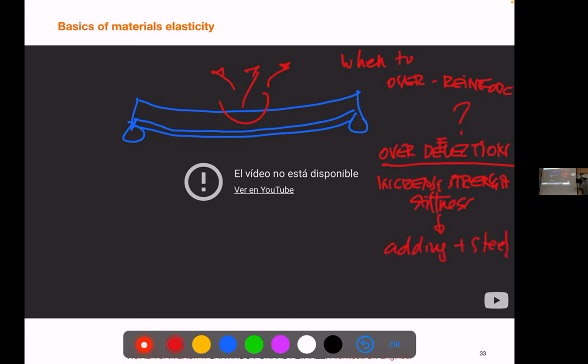If we put more steel than necessary, it will have less tension. It will just stretch less. So in that case, when we over reinforce, we have to balance top and bottom to have this balance, right? And to make sure the steel will work at maybe 50%, 20% of the maximum, so it will never stretch as much, and then you reduce the deflection. That's a very common solution, over reinforcing to fight over deflection in slim elements, right? You put more steel, it stretches less than concrete. But then you have to balance compression and tension elements.